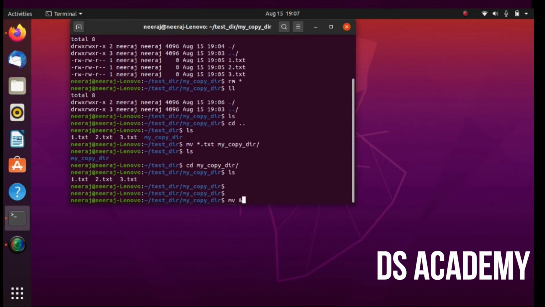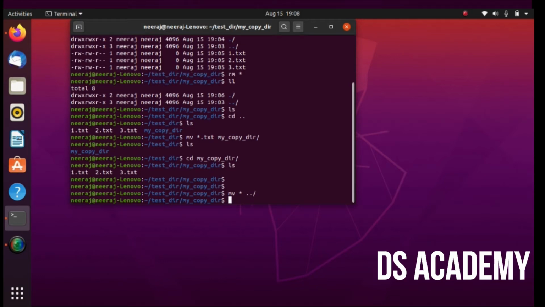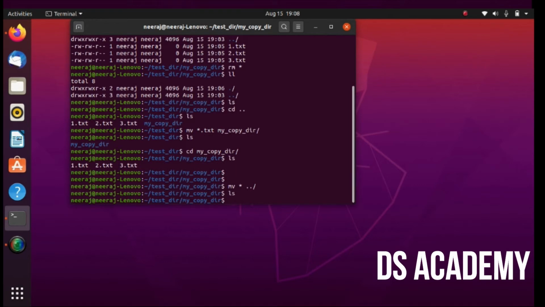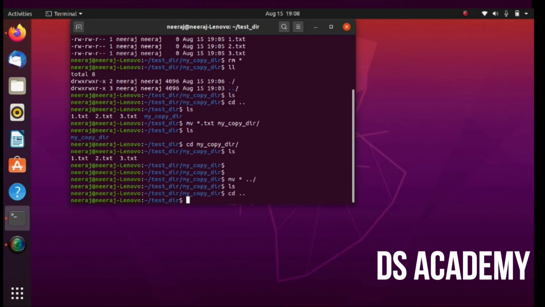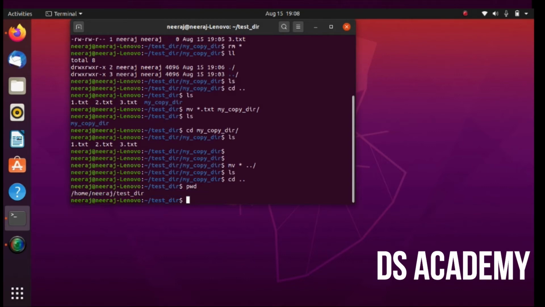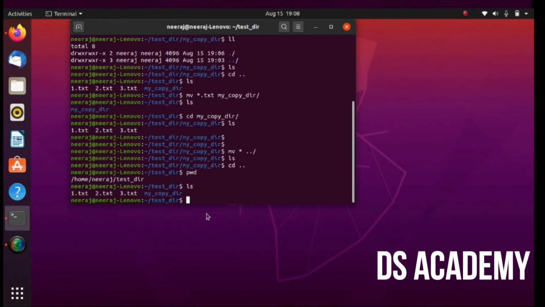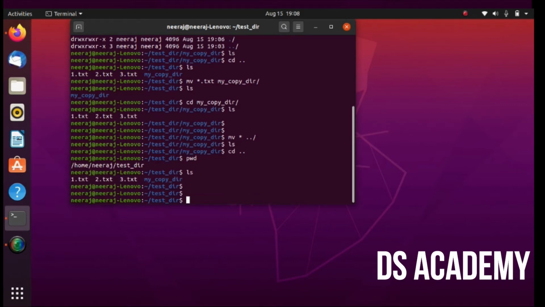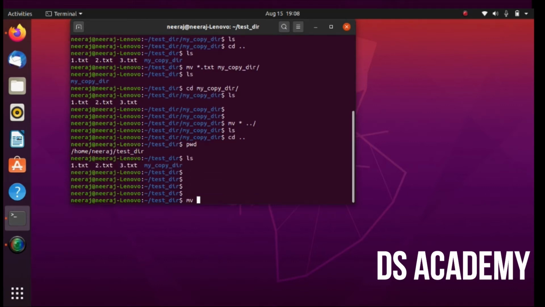So if I say mv star.txt or maybe mv star, and then I can provide the relative path, which is just up directory. And if I say ls there is nothing now, if I go to my parent folder, this is current directory, and I see the content, then again all the files have been moved.